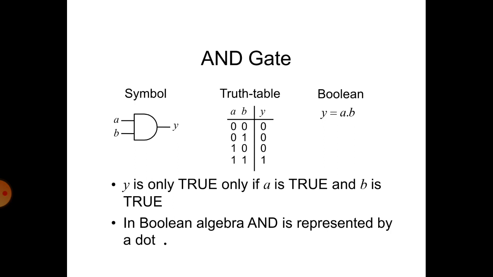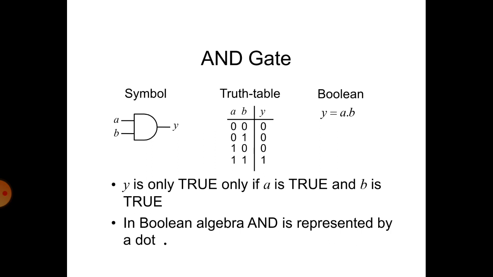This slide shows the AND gate. The AND gate shows multiplication. This is a simple diagram for the AND gate. A and B are the inputs, Y will be the output. The next one shows the truth table. Here we have two inputs and one output. 0 0, 0 1, 1 0, 1 1: there are 4 combinations. If any one of the inputs is 0, or both inputs are low, the output will be 0. If both inputs are high, the output will be high. This is the truth table of the AND gate.